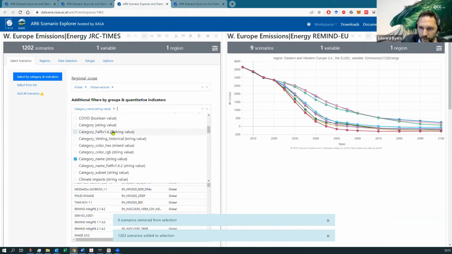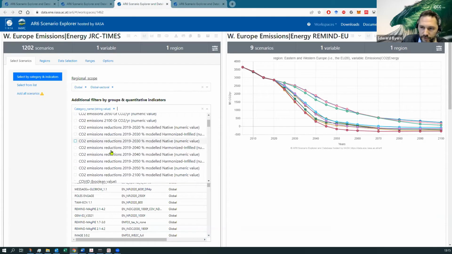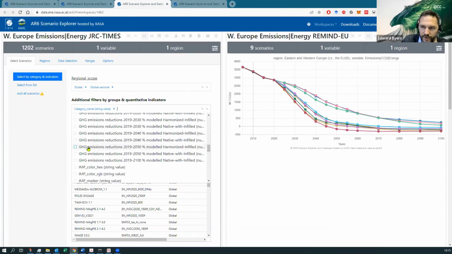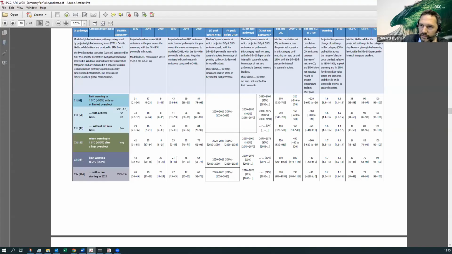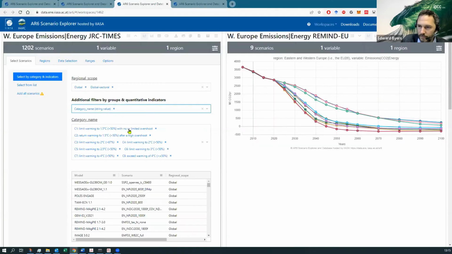We could also add some other ones that might be useful, for example, CO2 emissions reductions. Another example here is the GHG emissions reductions, let's say 2019 to 2050. That relates exactly to this column here. And if we selected that option,